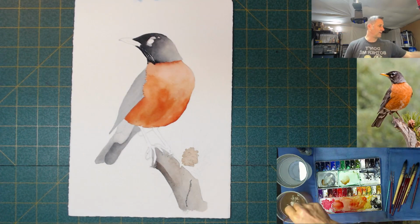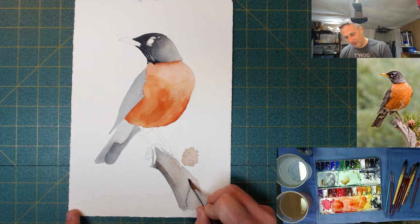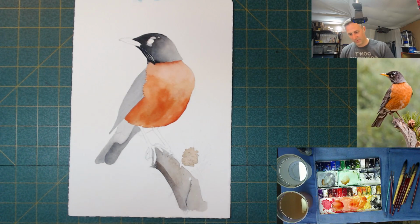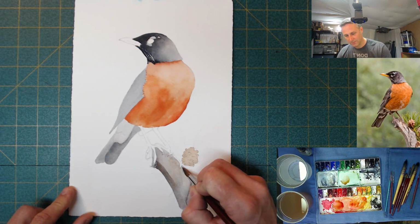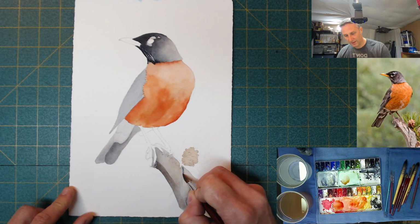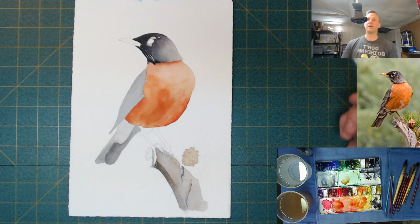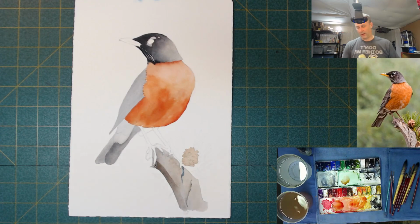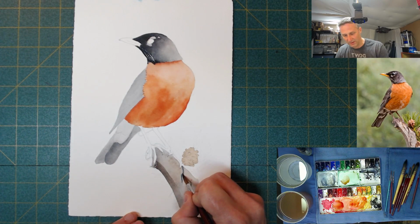I got this little crack that runs in here. So it's a convenience color. If you're in a hurry or you don't want to take the time to mix your own gray, I get it. I would never say, "Oh, that's terrible. How could you possibly use Payne's Gray or anything?" But whatever. We all have our own things, and Payne's Gray really does have some nice qualities to it. It's just maybe not the nicest quality that you could get. There are probably some better qualities, and I think I made this just a little too dark, or darker than I wanted anyways. Let me just see if I can pull a little bit of this off while it's still